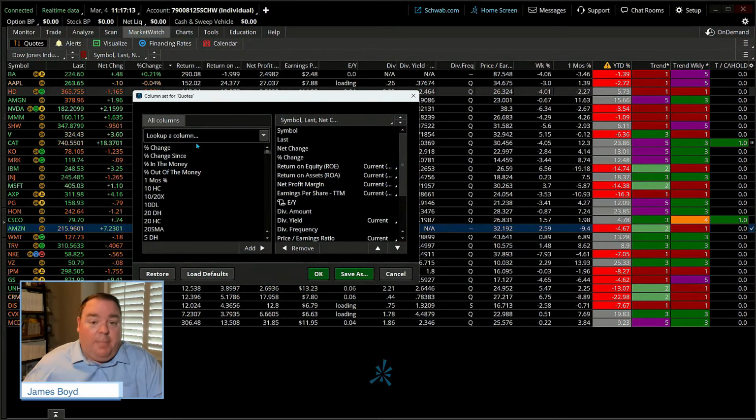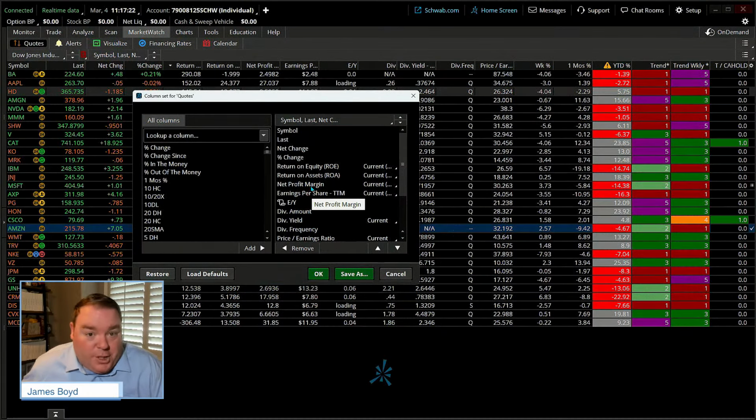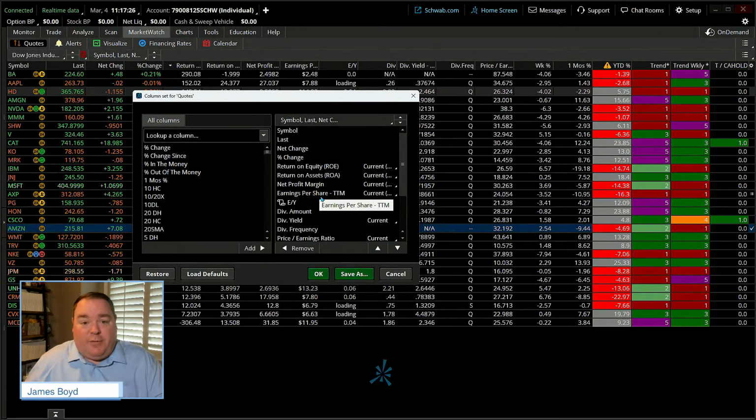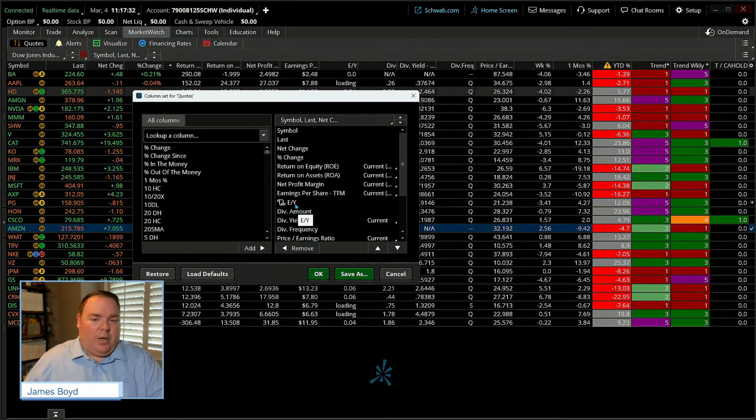Now, things that I put on here was return on equity, like we're talking about. Return on assets, like we're talking about. Net profit margin, we just talked about that. Earnings per share, that would be kind of important, especially if you want dividends, especially if you maybe want a trend that might be growing over time. Earnings yield, why is that important? Well, that's the earnings per share, the trailing 12 months divided by the current stock price. The higher the percent, maybe the more value it might have.